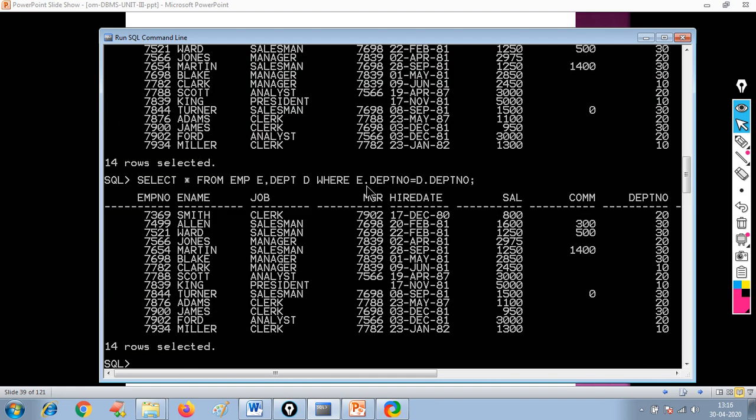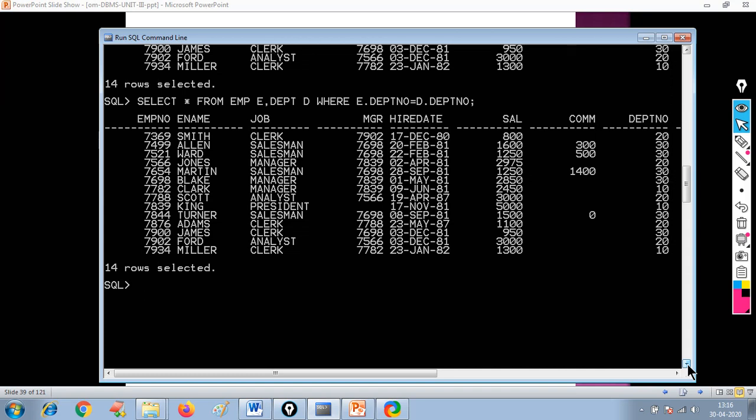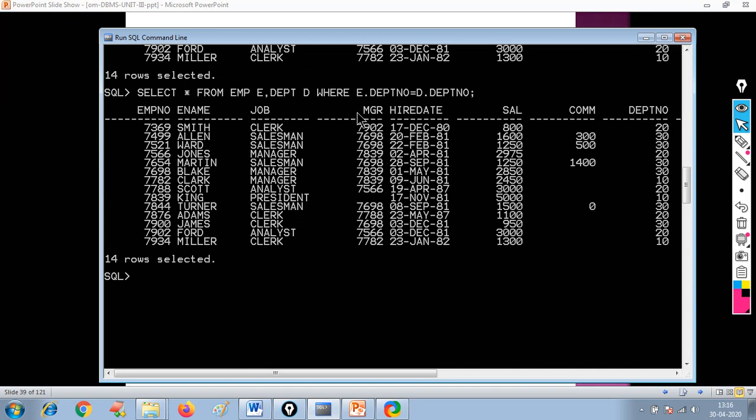So we are using E dot DEPT number, D dot DEPT number because the name is the same here. If the names of the common column are different, then you need not write E dot or D dot. Simply you can write the name of the columns because the names are different. There will be no ambiguity. Because the names are the same here, to avoid ambiguity we are using the object name here, right?